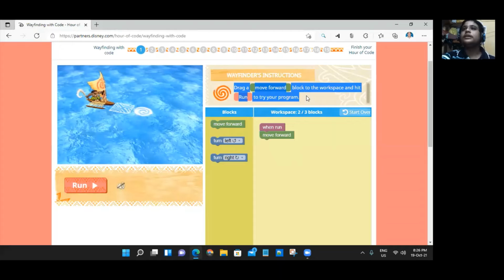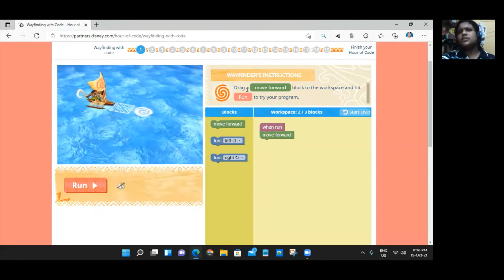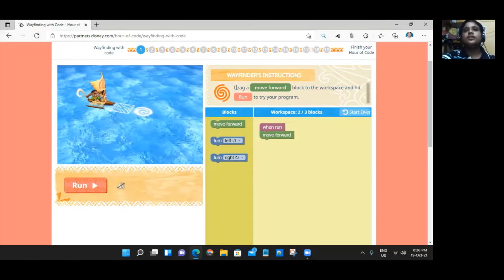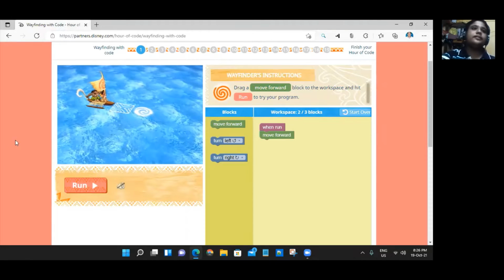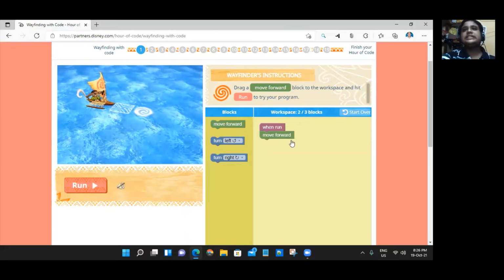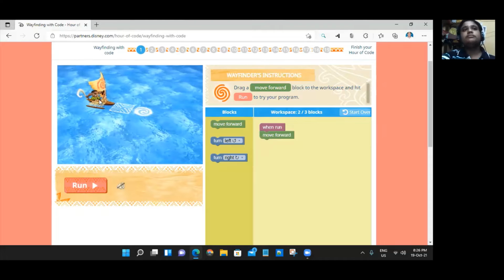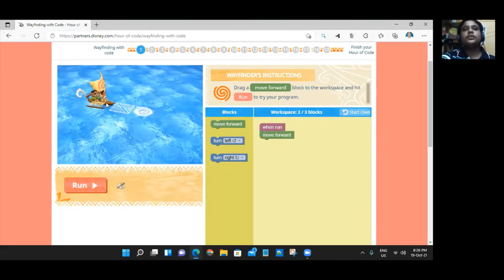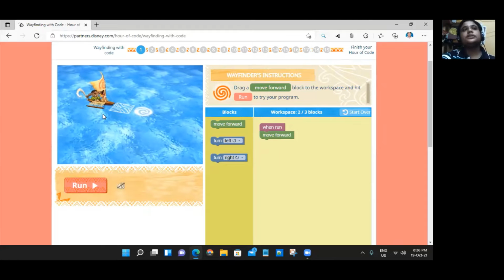This is your instruction, or you can say it is a question that depends on you. The question is that your boat has to come to this destination.